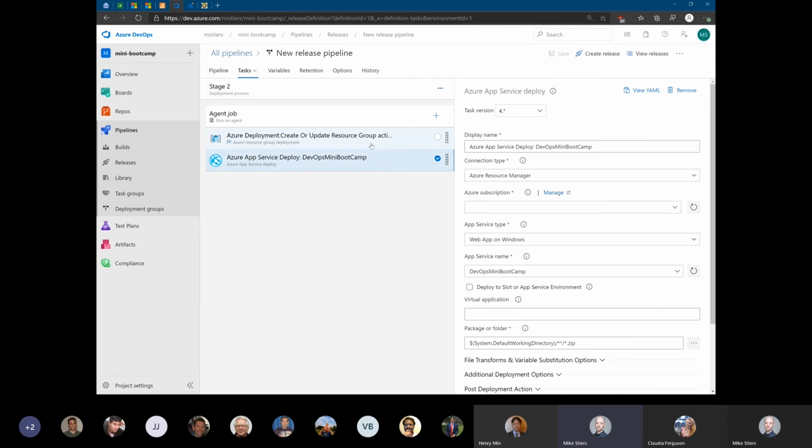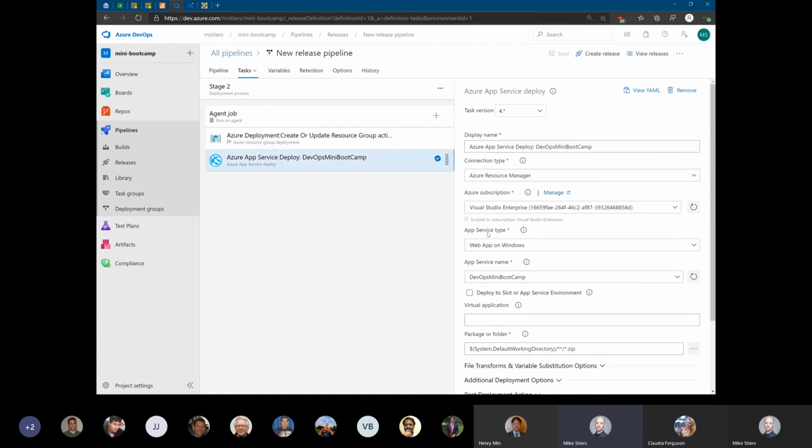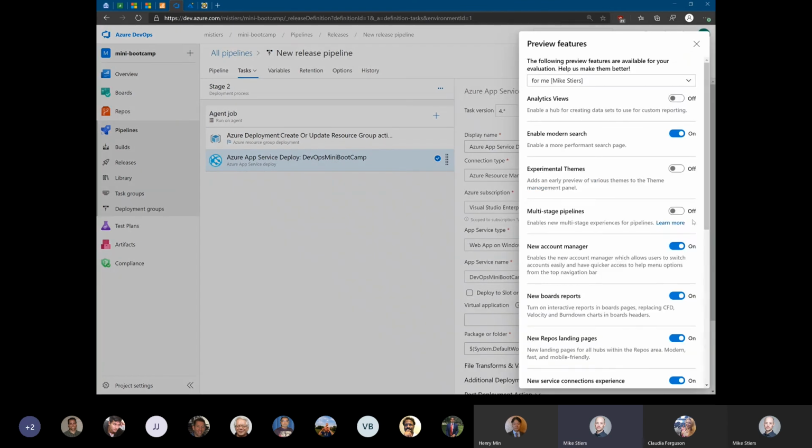And this is where we deployed our templates. Nothing too fancy here. Here's the application infrastructure, and here's the delivery of the application. Hooray. That was fun, but nobody uses Classic anymore. So then we switched over to the preview feature, which I still kind of question whether or not it's actually